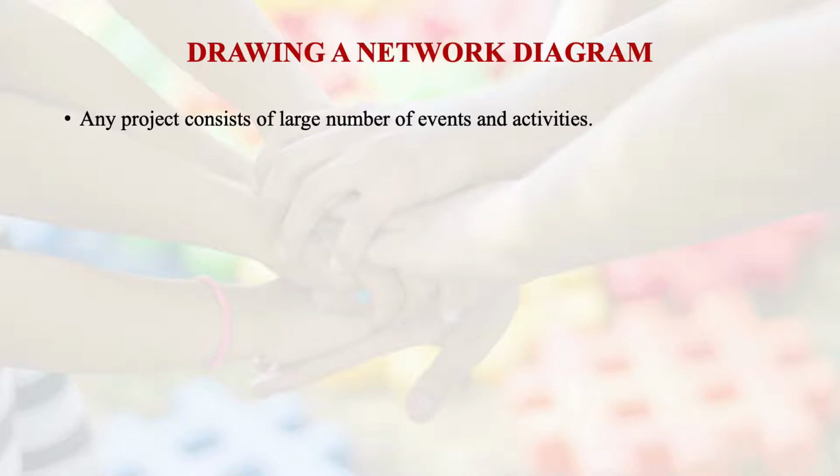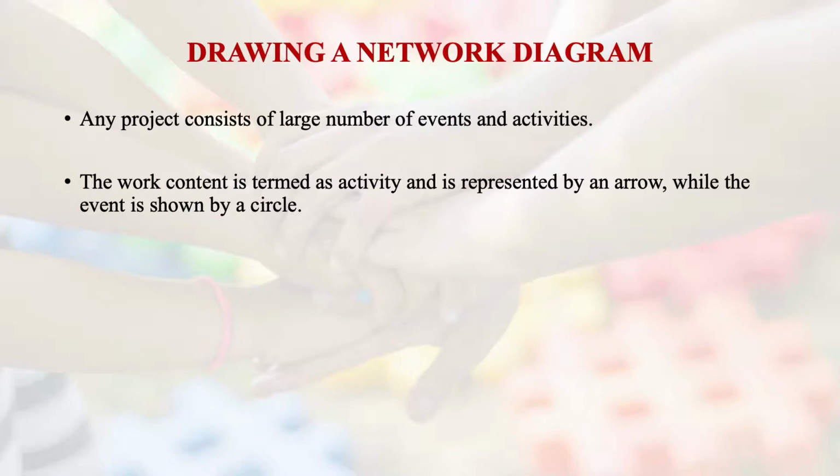Now, any project can consist of a large number of events and activities. So when we are talking about a network diagram, there has to be a way of drawing a network diagram or network which can be analyzed, right? So a project consists of a large number of events and activities. There will be events which mean that you have completed a particular task. That's also an event. And an activity is a work event which takes time. So for example, you are doing the feasibility analysis, so it is an activity which is an ongoing activity.